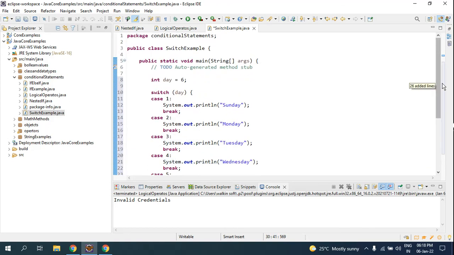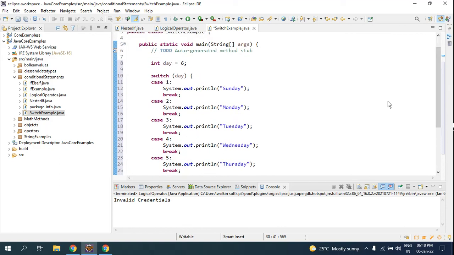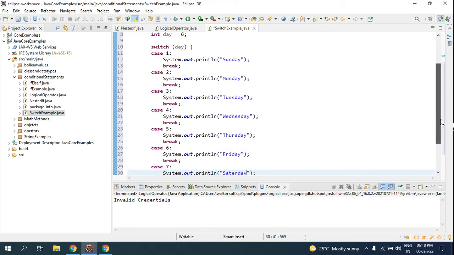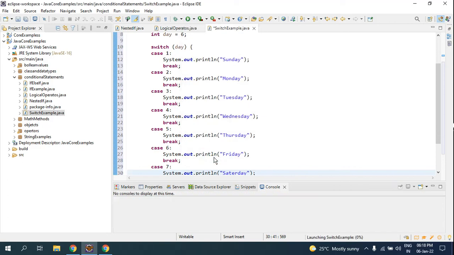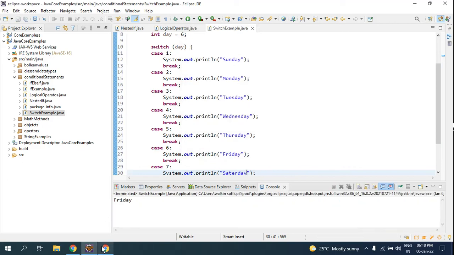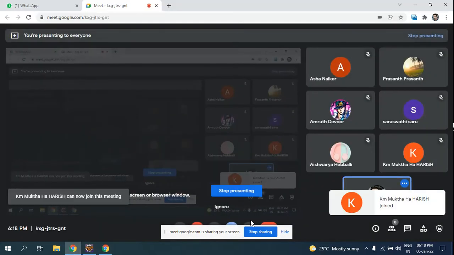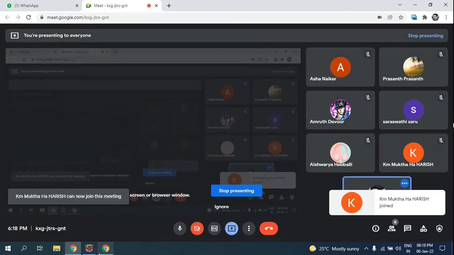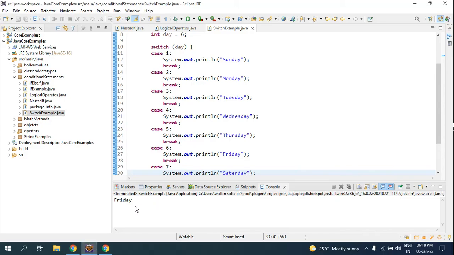So this was the switch syntax. Now the day is 6. So the switch case will go to case 6 and gives me the value Friday. Look, if I run this code, look, now you are able to see Friday.